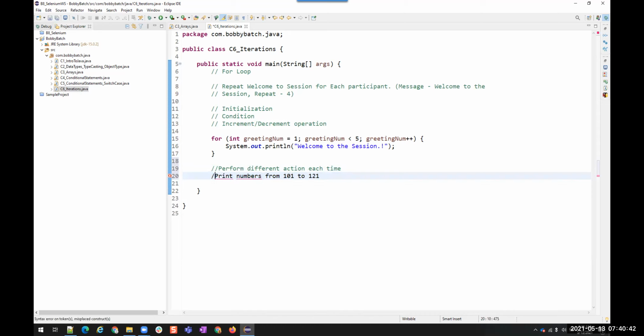So each time I should print a different value. Here I am printing the same value, but let's make it simple, 1 to 12. Instead of 101 to 121, I am making it 1 to 12. I want to print the numbers from 1 to 12 or 1 to 20, for example. So each iteration, I want to print a different number, right?